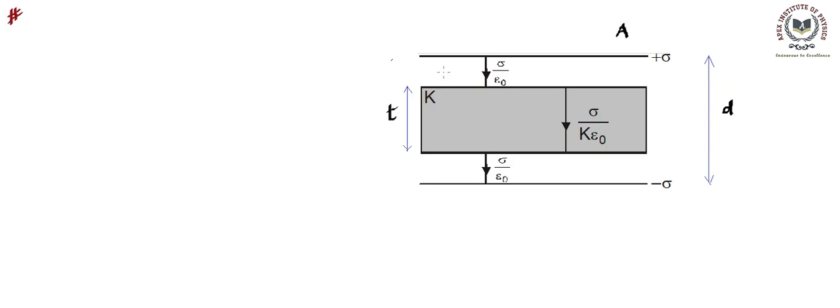Now let us consider a parallel plate capacitor of plate area A, and the gap between the plates is D, and there is a dielectric that has been filled across the same area but having a thickness T which is less than D. So the thickness of this dielectric slab is less than the gap between the plates. Then we need to find out how the electric fields are going to be, what the capacitance will be, and all that. And let's say this dielectric has a dielectric constant K.